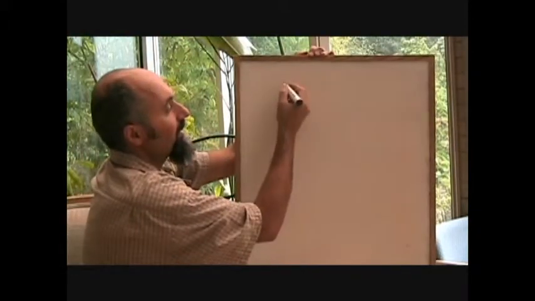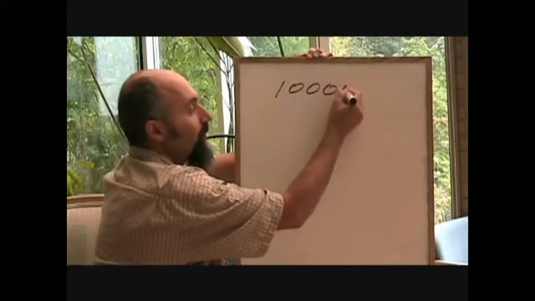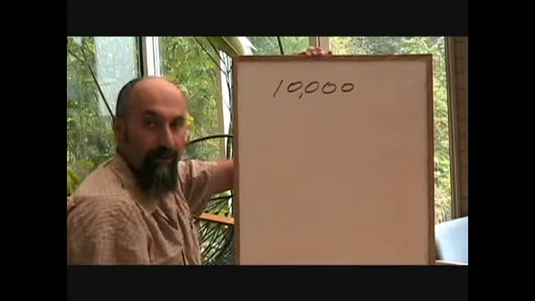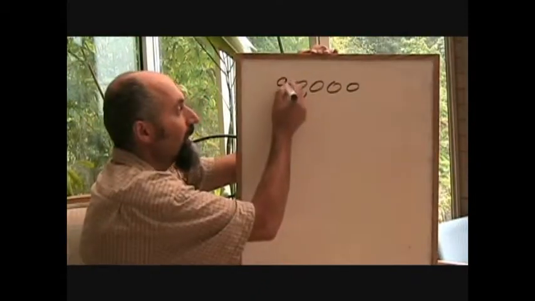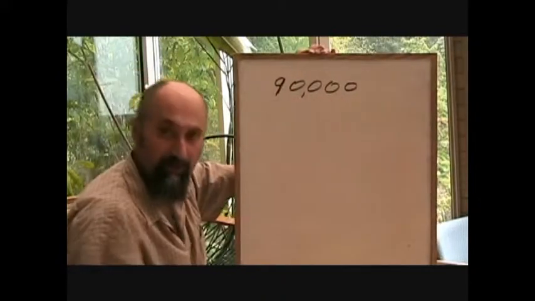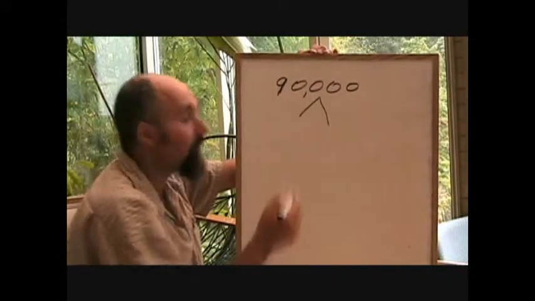So let's take, I don't know, let's take 100. Okay. Actually, let's take 10,000. Now, these should be the easiest numbers you get. If you want, we'll kick this up to 9,000, okay, or 90,000. Okay. So what you do, if you get any number like this, the best way to do it is take